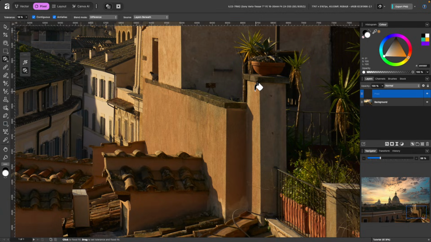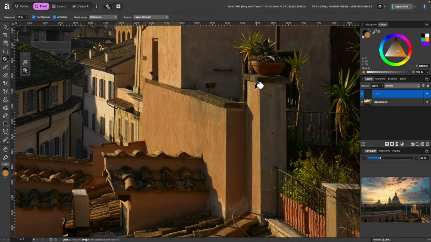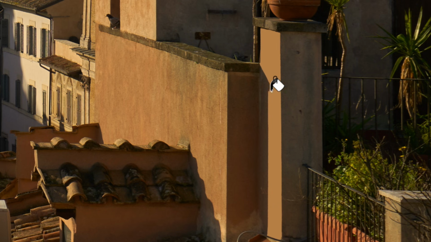I can actually choose a color for this paint. So if I go up to color and I grab this little color picker tool here and I just click it and drag it over, and I'll just choose some color here. I'll just let go. And you see up here, right next to the color picker tool, this is the color it's chosen. And this is now ready for us to use. So if I go back and I just tap once, you see it's filled it in with a color that's more fitting for this scene.